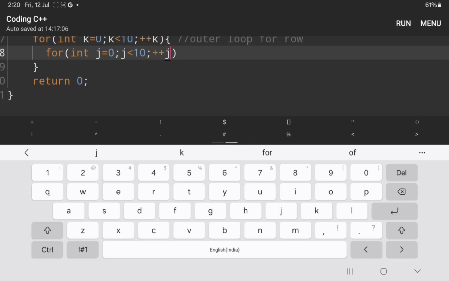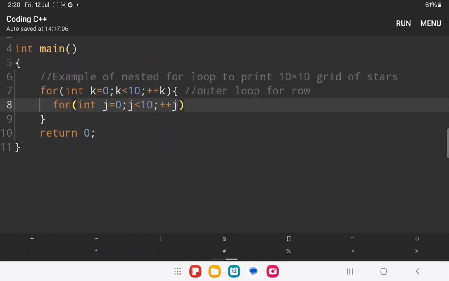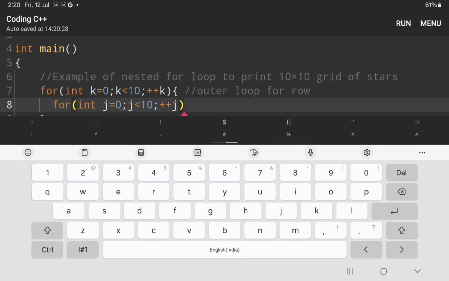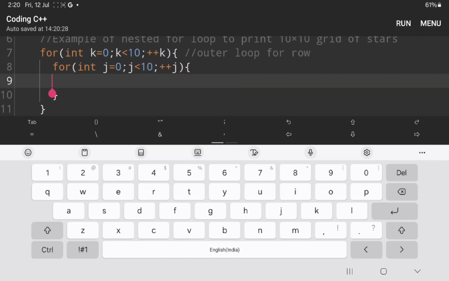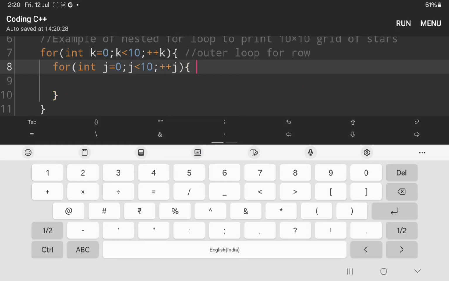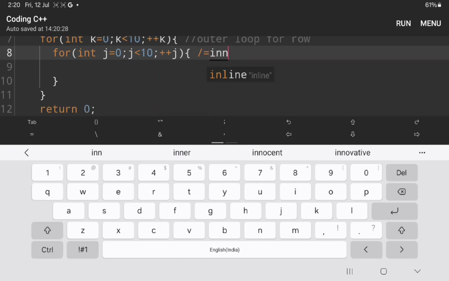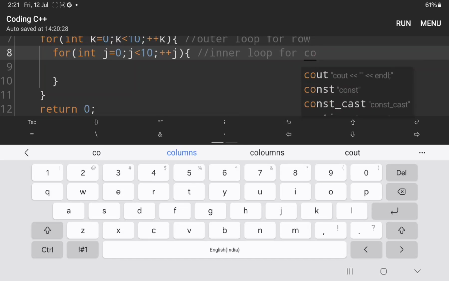j. Now the reason why I am giving plus plus j is because I want this to first increment after checking the value. Again I am going to make curly braces, and I'm going to write what this purpose is for. Inner loop for columns,